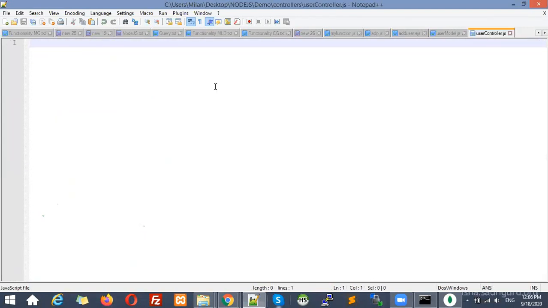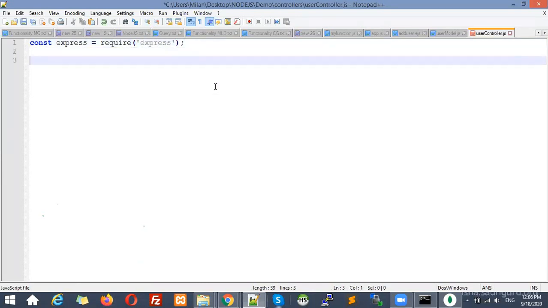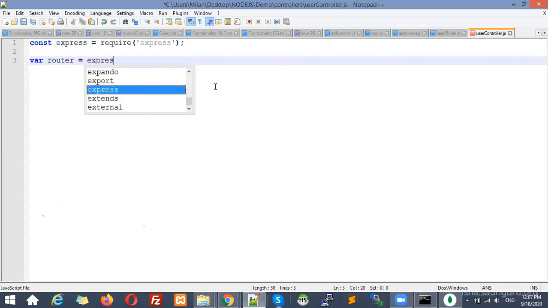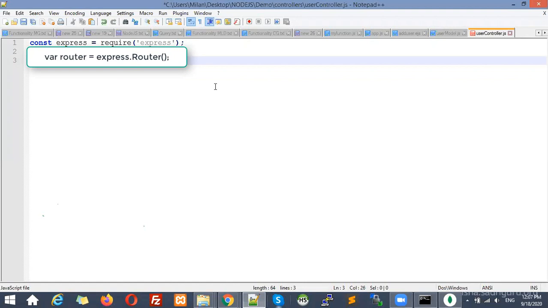I need express here. That's why I'm going to create its object. Again, same thing. require express. Then I need a router. So router is equal to express.Router. So express will create a router for that.